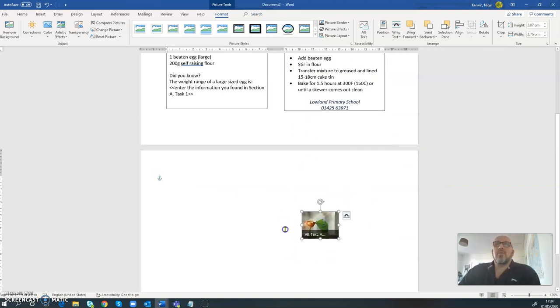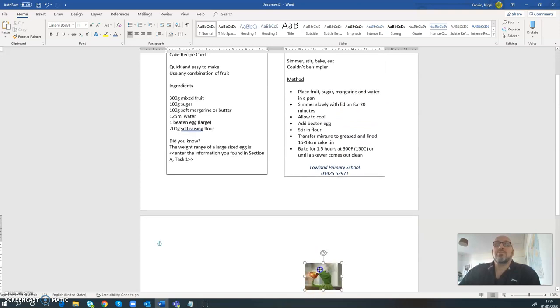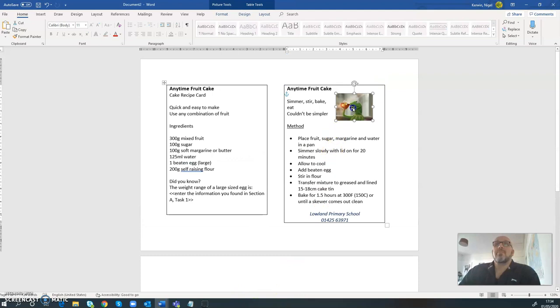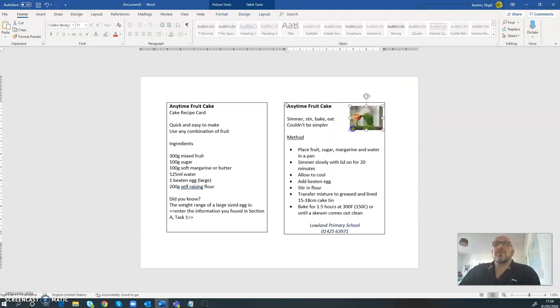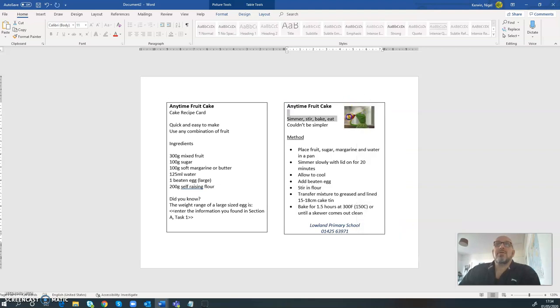Now what I want to do is put that image in here, but we can see straight away as soon as I start to move it, it messes everything up, doesn't it? Let's just make that image a bit smaller because what it's doing is trying to open up a new page. So if I start moving it towards the text, we can see it disturbs the text and we don't want that. So what we can do is right click, we can come down to wrap text and you can put behind text. And then when you move, my apologies,